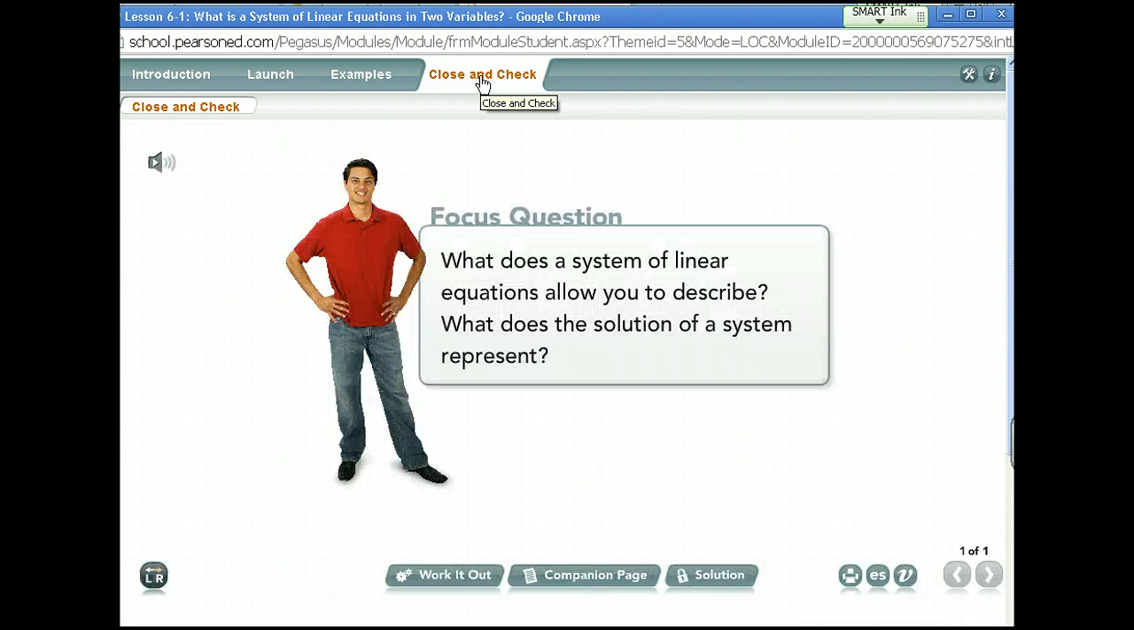What is a system of linear equations? What does it allow you to describe? What does the solution represent? So this is on, if you flip your page, on page 130 in your student companion. And ideally, we would get this done by the end of class, but since the video is so long, I'm going to show you here. You also have